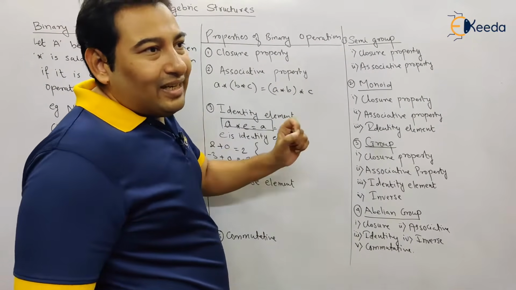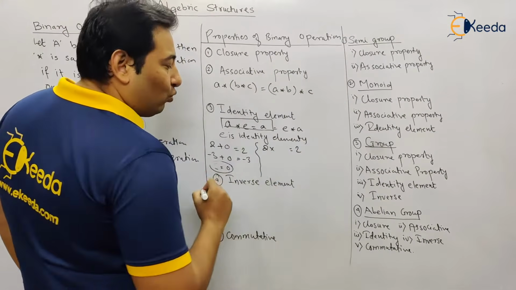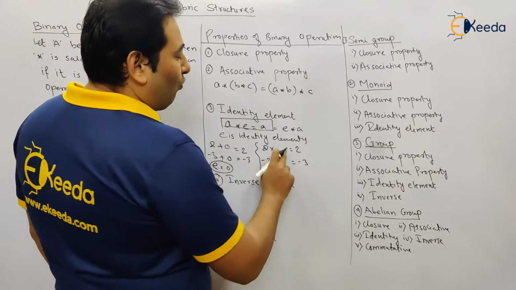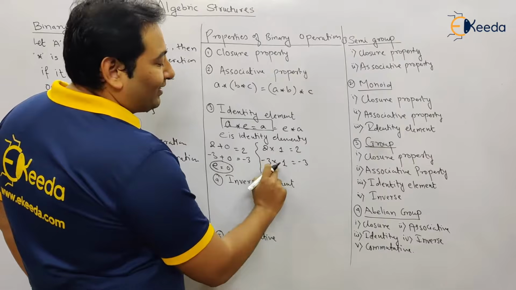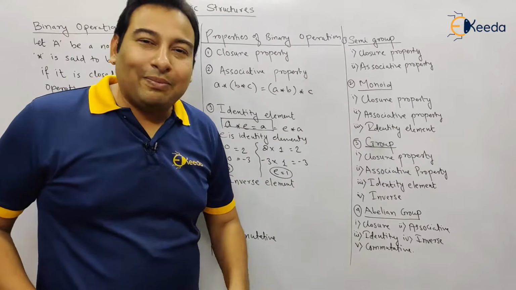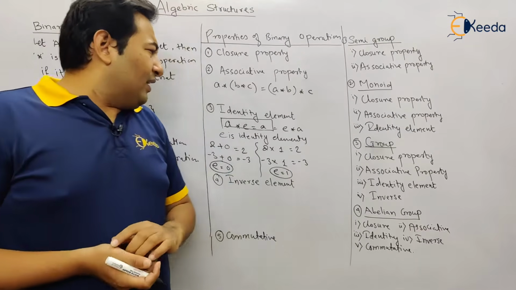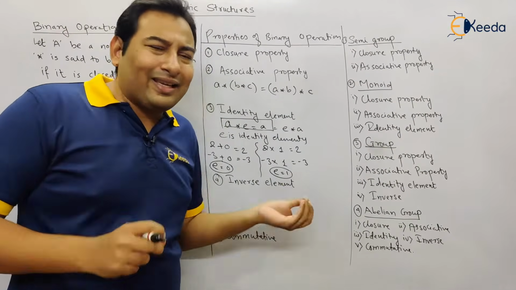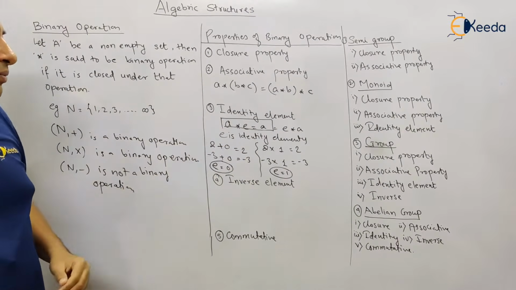Now let us talk identity element with respect to multiplication. So here 2, you should get 2. Let's say minus 3, so you should get minus 3. Now what should I write here? I should write 1. If I write 1, see here, 2 into 1 is 2, minus 3 into 1 is minus 3. In short, E is equal to 1. That means with respect to multiplication, my identity element is 1. Is this clear how to find out the identity element? And don't worry, while solving the problem, we're going to consider these things in detail. So you just need to understand the concept first, because here and there a few variations and you will be able to manage the algebraic structures. So this is the concept of identity element.